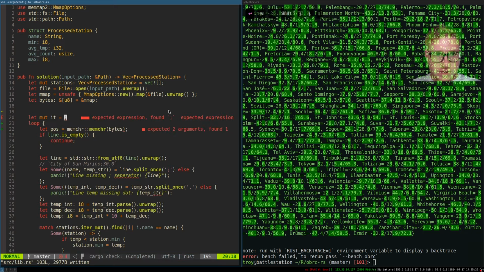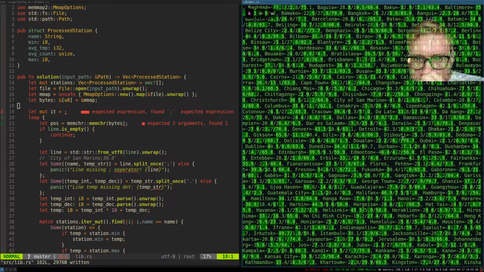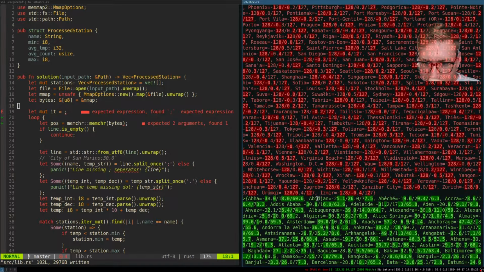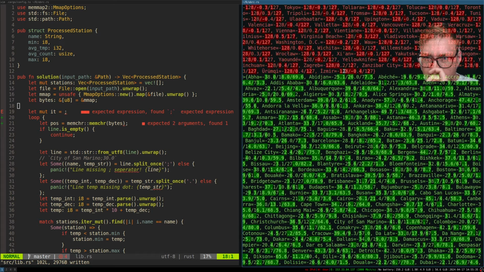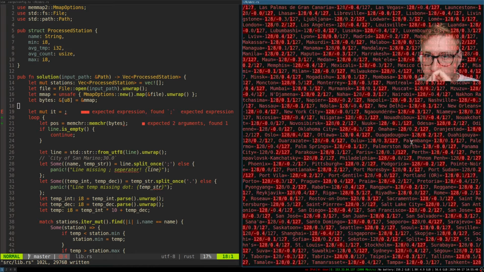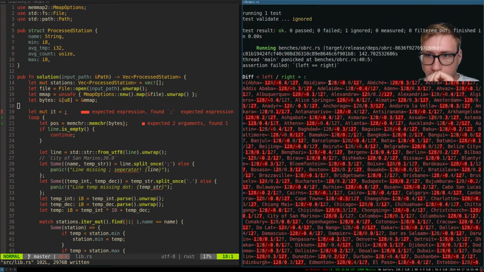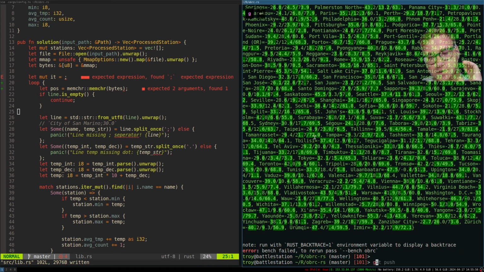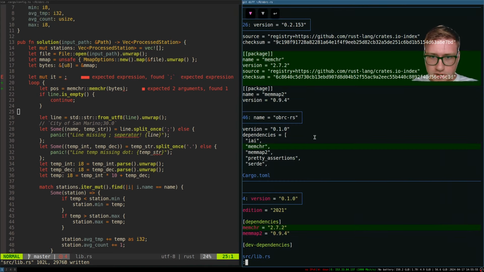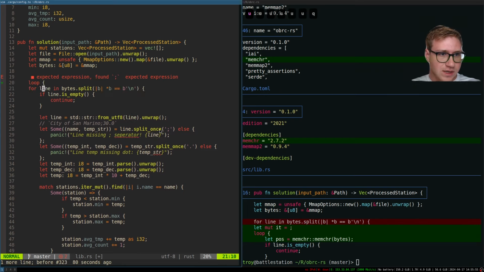Oh, and our code is totally broken. Ooh, look at this diff. So in this last one, are we no longer negative 32.2? Oh, yeah, because we multiply by 10. Actually, these ranges don't work at all. Okay, what have we modified so far? Just added memchr. So if we just undo this,